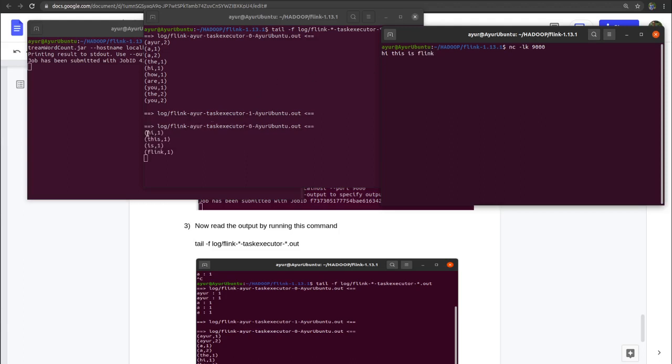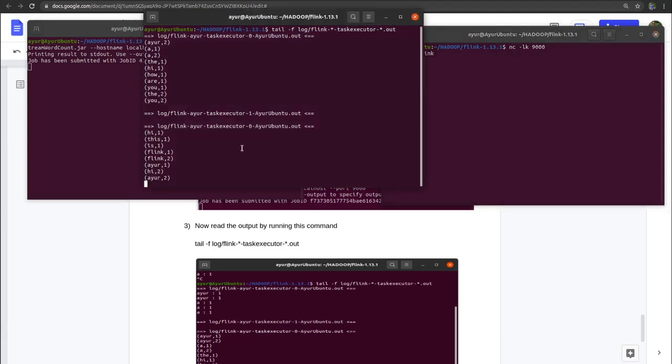As you can see, it gives me hi one time, this one time, is one time, Flink one time. So let's type Flink again, and as you can see, the count is updated and Flink is now appearing 2 times. Like this you can see our count is increasing as our word repeats itself.